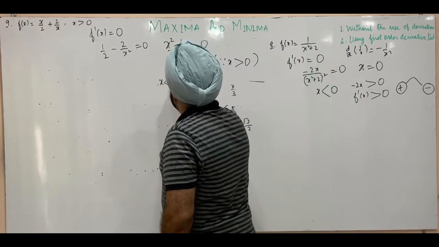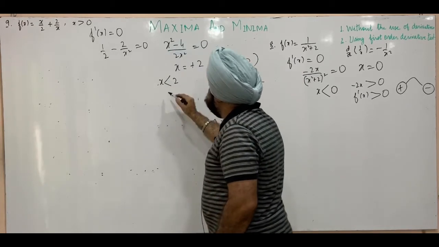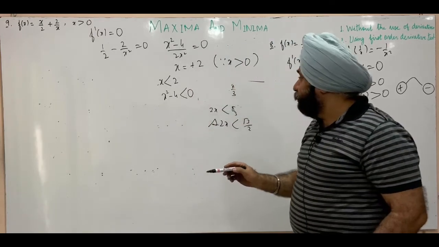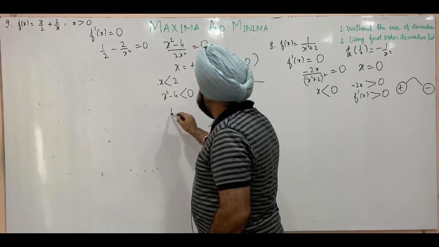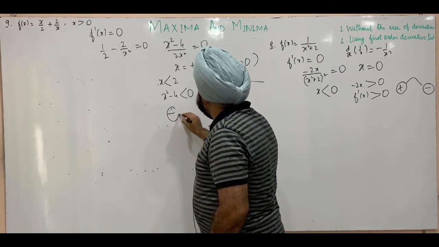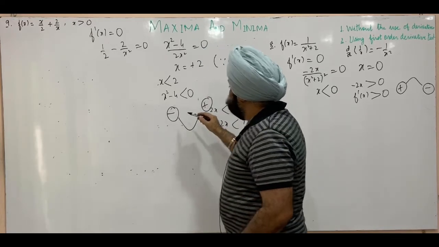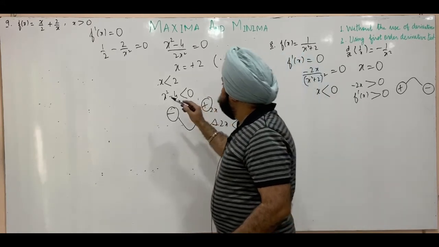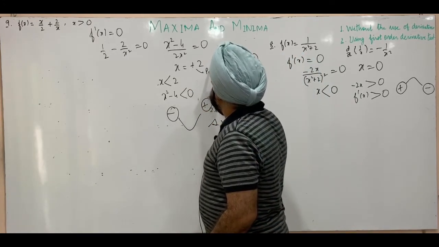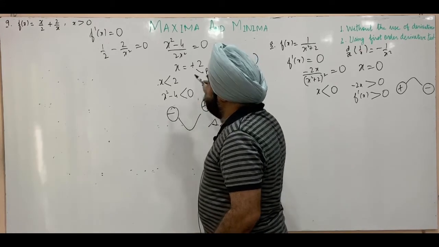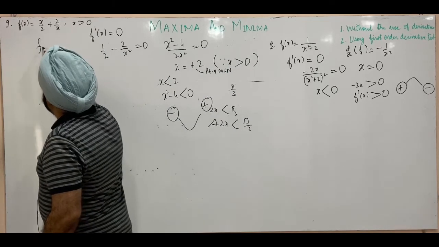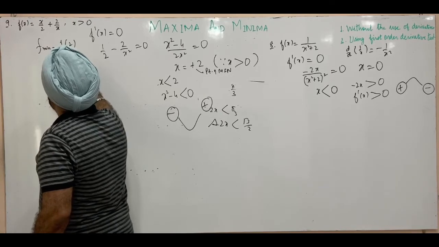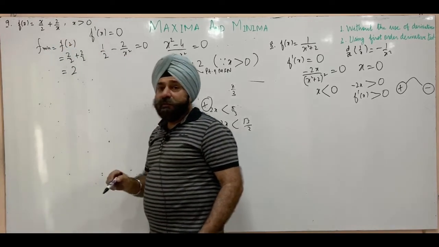When x is less than 2, x square will be less than 4, x square minus 4 will be negative. Denominator is always positive. So the sign changes from minus to plus. And if sign of derivative changes from negative to positive, then that critical point is a point of minimum. So x is equal to 2, this is a point of minimum. And if I want minimum value of the function f minimum, that will be f of 2. That's 2 upon 2 plus 2 upon 2, that is 2. Minimum value of the function is 2.